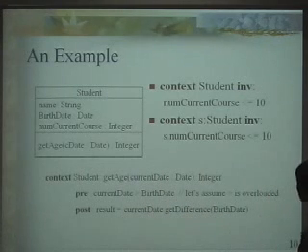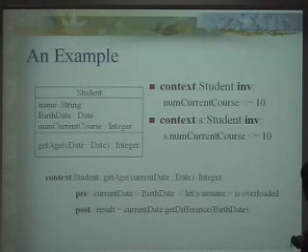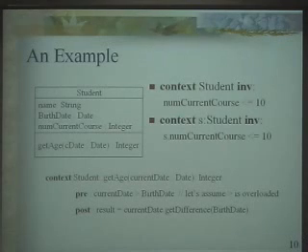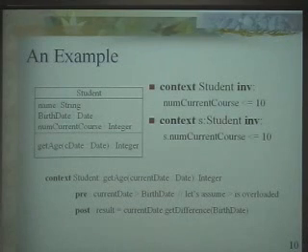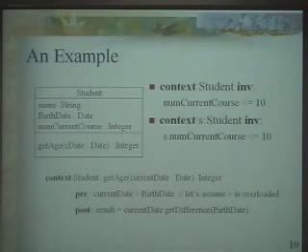Now we want to look at pre and post conditions. If you look at the bottom of the slide, you will see that for the method getAge, there is a precondition and a postcondition. So before you can call getAge,